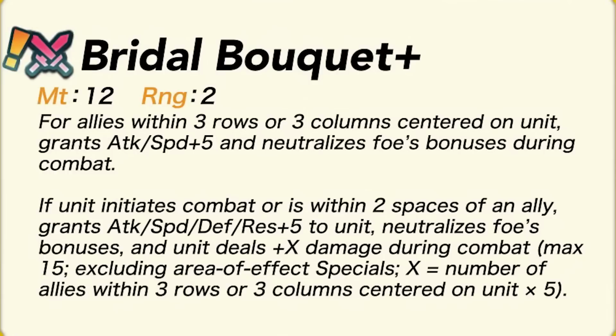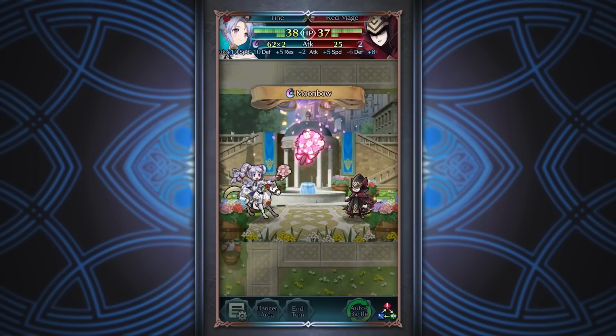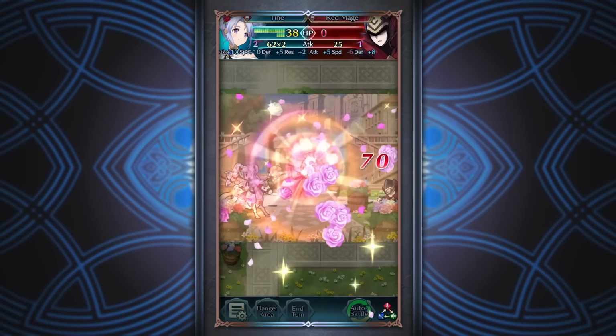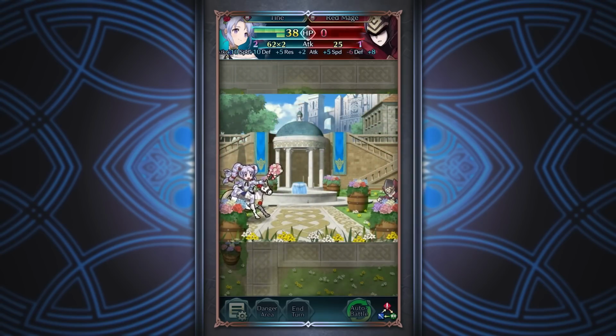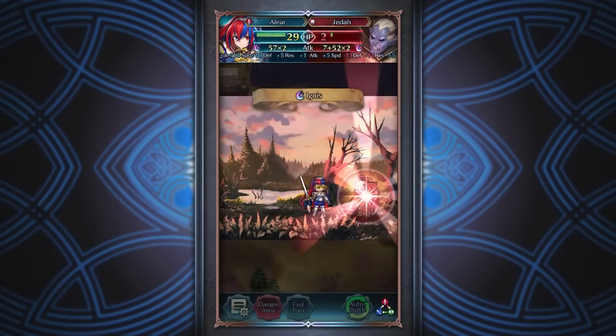Let's see. Tine comes with Bridal Bouquet Plus, which grants some stats and nullifies bonuses off the foe during combat, grants upwards of 15 true damage, and allies within 3 rows and columns get attack and speed bonuses, and neutralizes all bonuses off the foe during combat. And that's about it. It's a nice enough weapon for anybody willing to shell out the orbs, but worst case scenario, there's always the Crab Tome Jeddah has if you'd rather save your orbs. And it has more true damage in it, so...